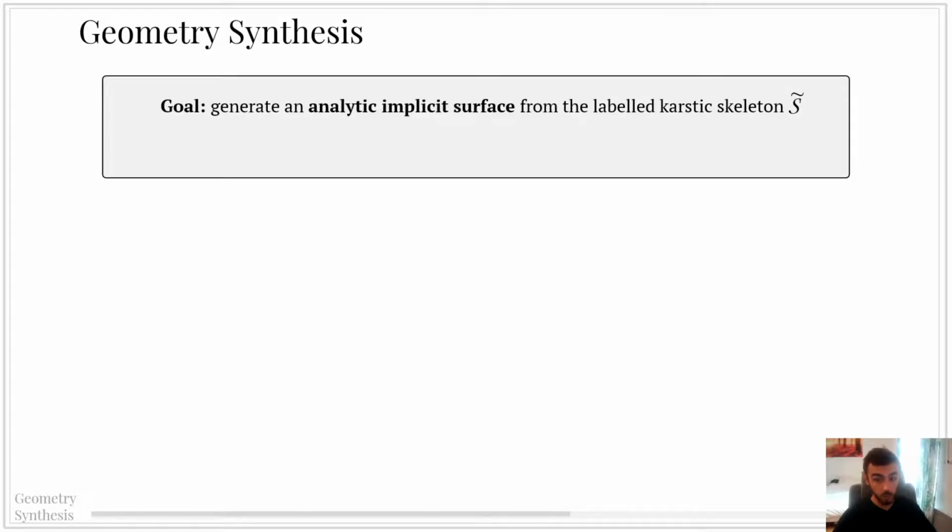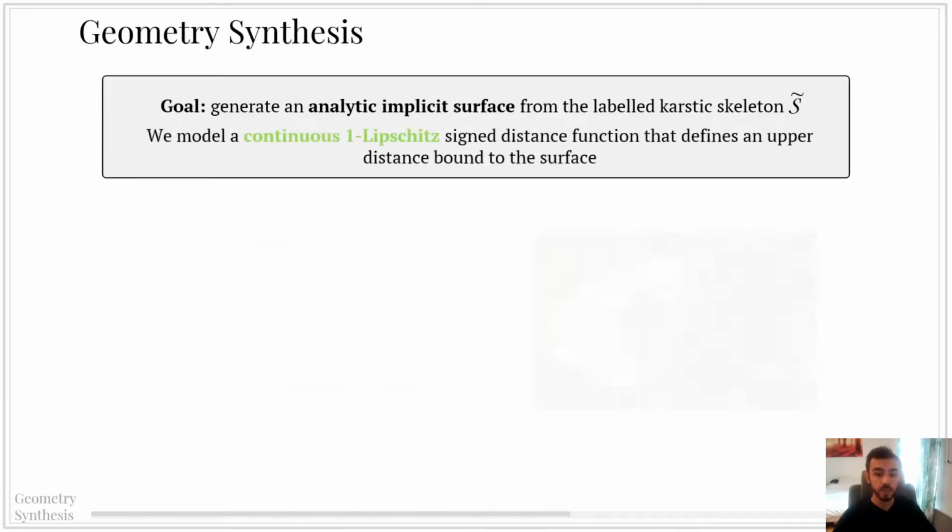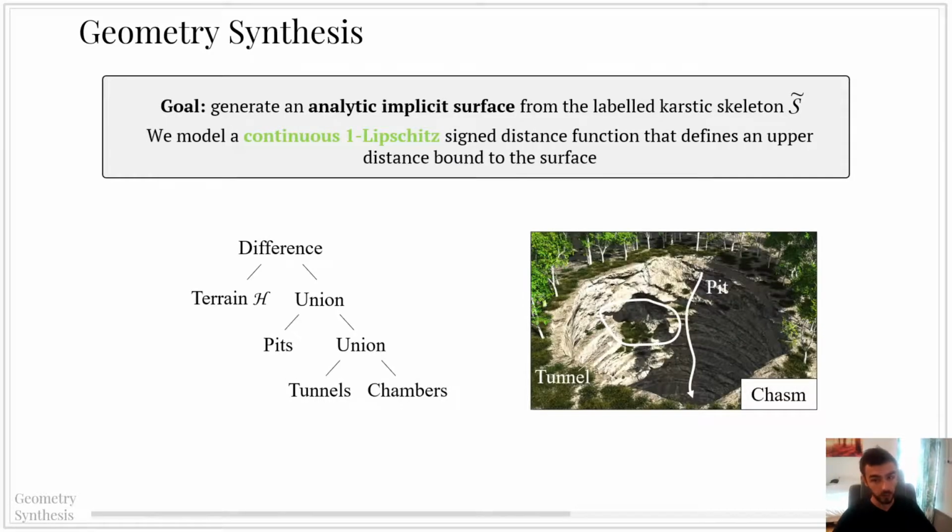defines an upper distance bound to the surface. This property is crucial when rendering an implicit surface, for instance with sphere tracing or mesh extraction. Our implicit surface is defined as a hierarchical construction tree, combining operators as internal nodes and primitives as leaves of the tree. Therefore, we generate an implicit primitive for the tunnels and combine them with the base terrain using a difference operator